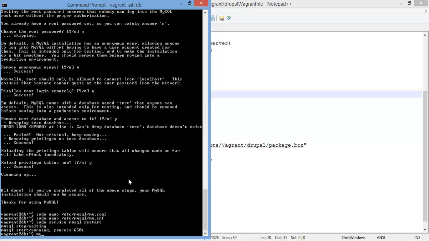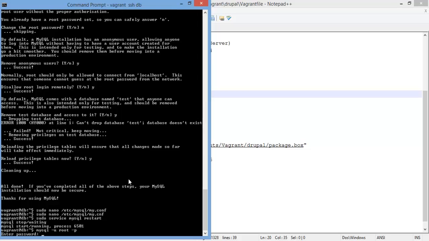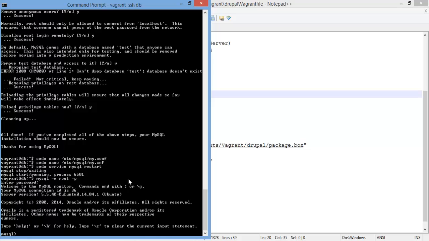And that should restart the MySQL server. So now what you need to do is mysql -u root, login as root with the password. Go ahead and type in your root password, and now we are in MySQL. So here we need to create our Drupal database. So let's create database Drupal